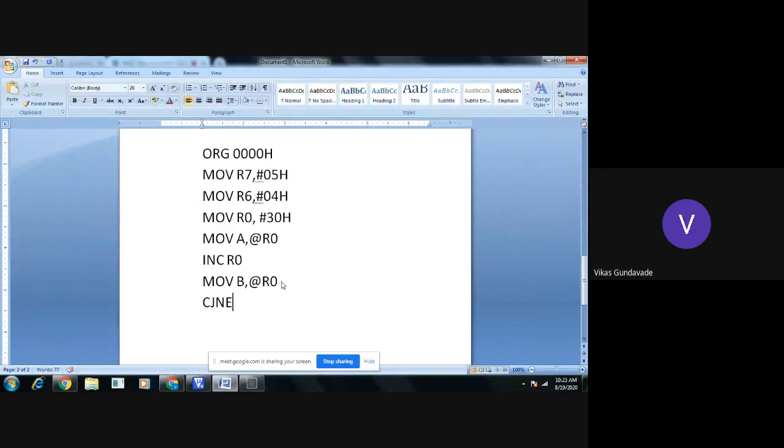Now after taking two numbers into the accumulator and B register, simply we will compare these two numbers with the instruction CJNE A, B, next. In this instruction, there will be three conditions: A is equal to B, or A is less than B, or A is greater than B, or for the sake of simplicity, B is less than A. Now, if both are not equal, what does it mean? If A is not equal to B, we need to shift to the labeled location. Here, which status will be checked? Whether the result is 0 or not is getting checked.